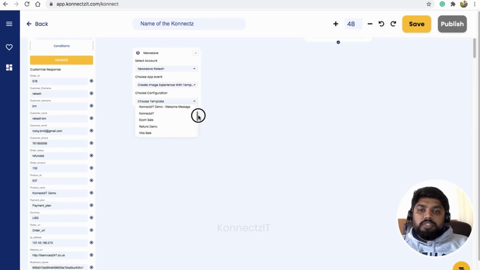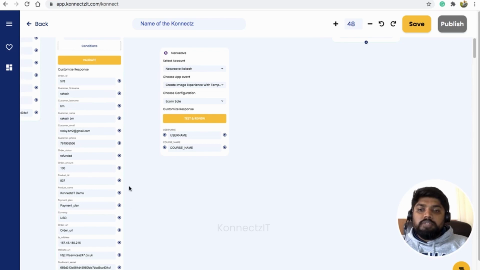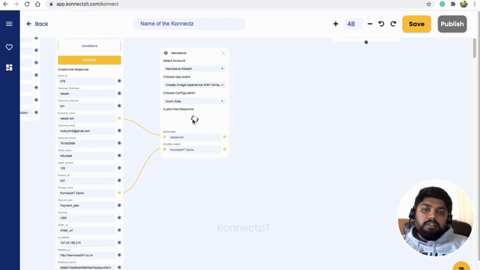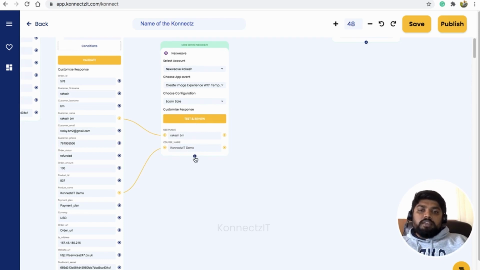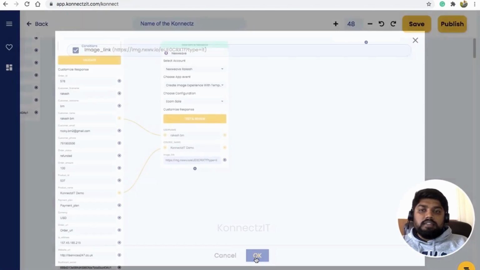Now I'll choose whenever there is a sale, that is, e-com sale. It asks for username and course name. I'll set the course name as the product name and the username as my name. This will generate an image link, and I will use that image link in the additional attribute.